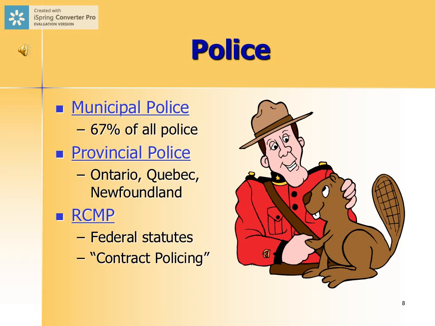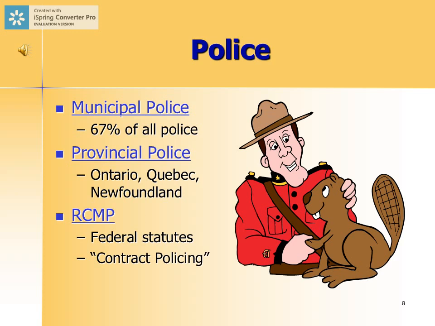So technically the RCMP enforces, as a federal police force, federal statutes, but as a contract police force, they will go out and enforce the criminal code and other municipal and provincial bylaws as well. So again, technically the RCMP is a federal police force that enforces federal laws, but they also contract themselves out to provinces to act as municipal and provincial police forces. So in that capacity they are enforcing criminal laws and municipal and provincial bylaws.